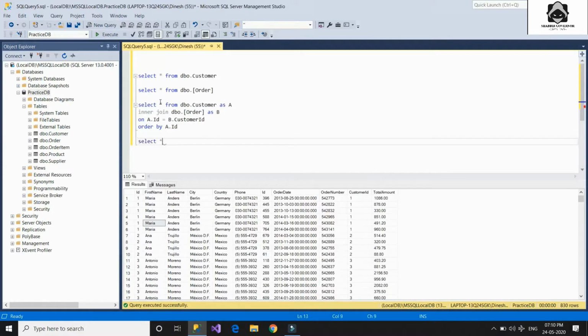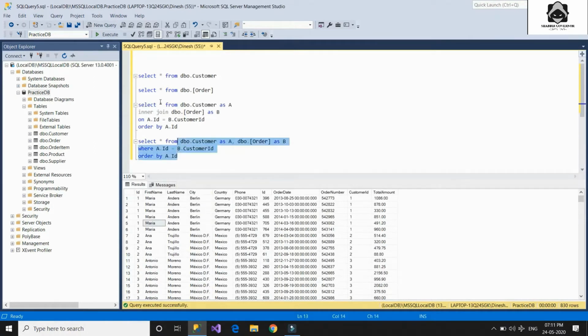Now there is one more syntax for writing inner join, that is like select star from DBO customer as A, then DBO order as B, and we directly write here, instead of the on condition, we can write where A dot ID equals B dot customer ID, and we just write order by A dot ID again.